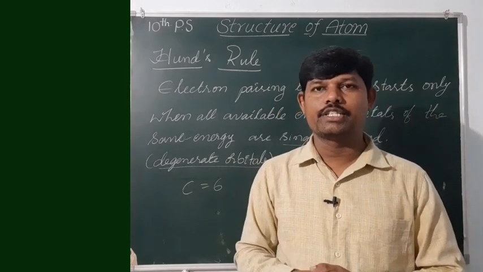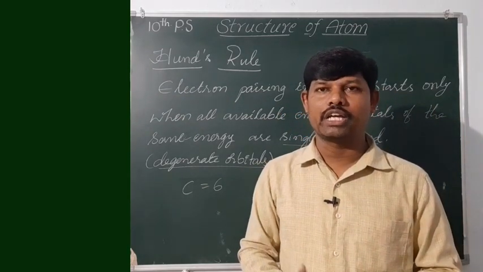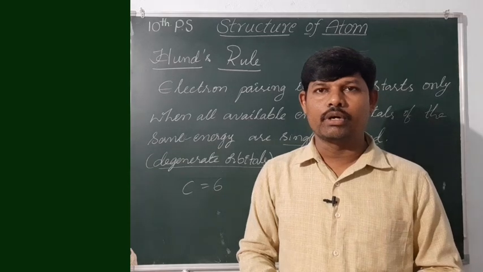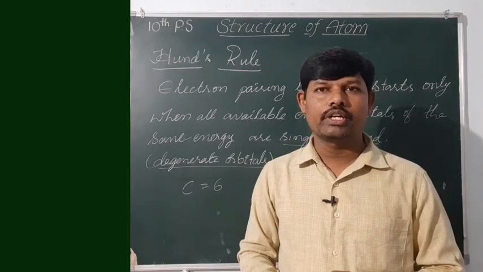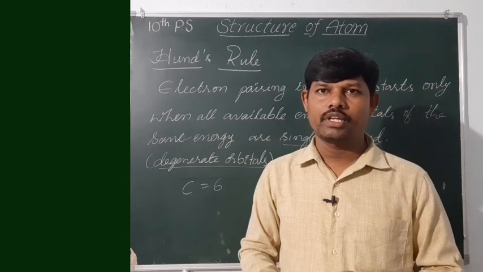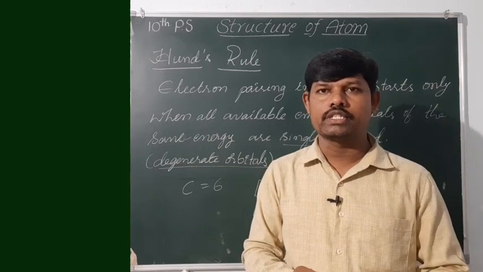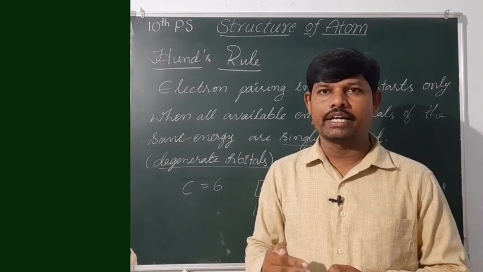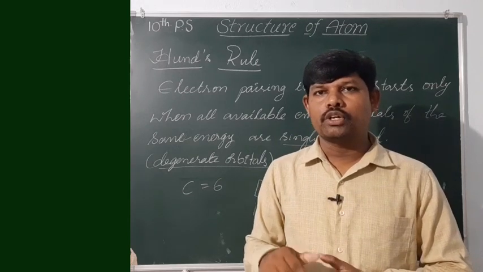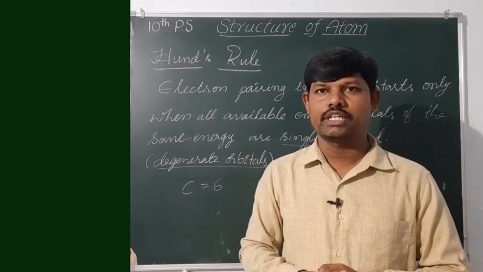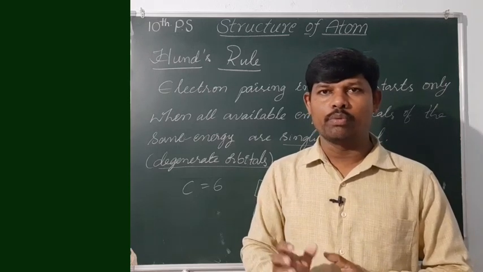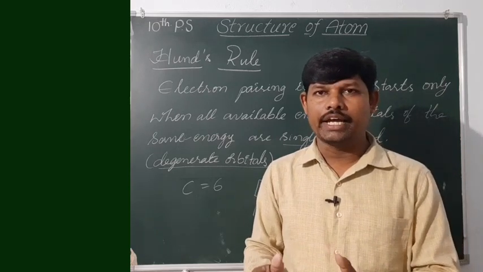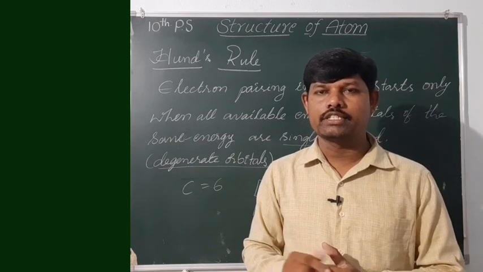So my dear students, so far we have discussed electronic configuration, the Pauli's exclusion principle, the Aufbau principle, and the third one Hund's rule, and the Moeller chart also, which helps to predict the n plus l value. So now we have one activity. You have to fill that yourself as a home task, complete that activity, take a picture and send it to me.